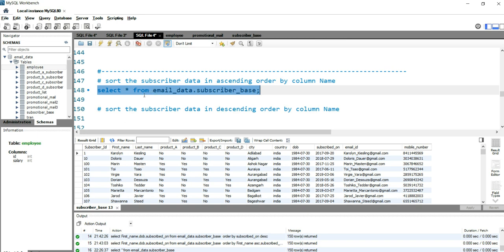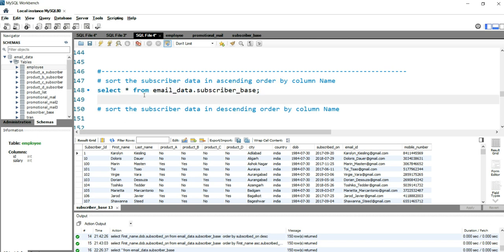When I say ascending order, it means that the first name starts with A will appear first in row number 1, then the name that starts with B will appear in row number 2. Or if there are 5 names that starts with A, it will appear on the first 5 rows, and then the row number 6 will have the name which starts with B. So how we can do that?